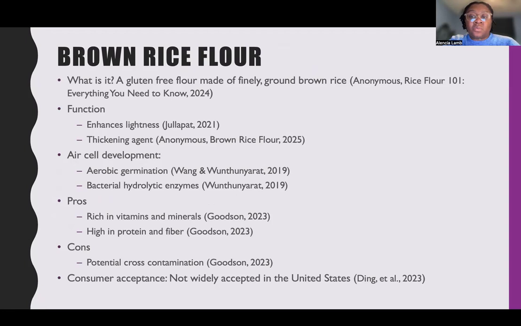The first one being aerobic germination, where it produces more enzymatic activity over the course of 4 days, allowing a less dense bread with softer crumbs as well as a longer shelf life. And the second form of air cell development is bacterial hydrolytic enzymes, where alpha amylase, alpha glucosidase, and protease help to improve texture and volume of baked goods. And this leads to the production of yeast, and it creates a strong retention of CO2 or carbon dioxide during